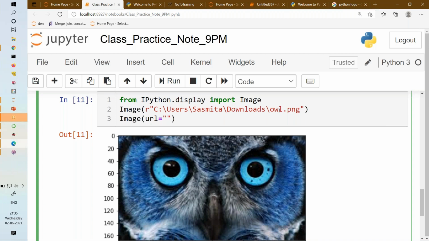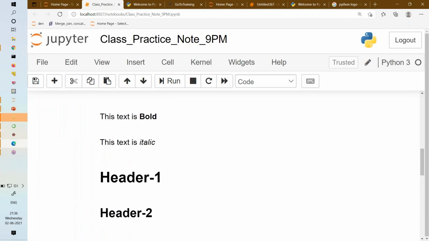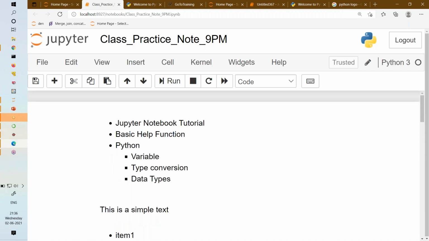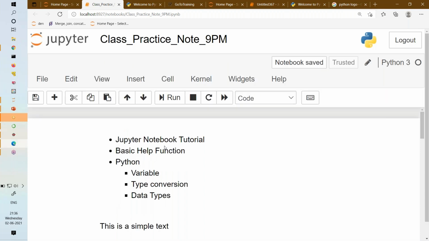And also you can set the width and height of the image. There are parameters here you can set, width and height. A lot of things you can do, let's not go there, but here you can write width equals to something and height equals to something, and you can set it here as well. So what we have discussed, I think this much knowledge in Jupyter regarding Markdown is sufficient to create any kind of dashing notebooks. There are a lot of other options like changing the font and the color of the font, but that is additional. What we have learned is more than sufficient to create any kind of documentation, right?